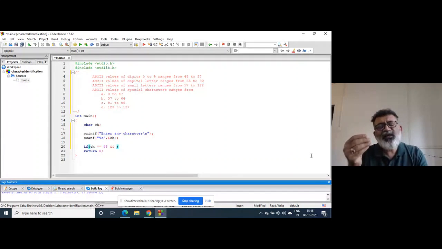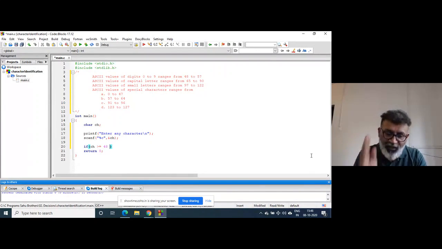So if any character is a digit, its ASCII value must be greater than or equal to 48, double ampersand, ch less than or equal to 57.